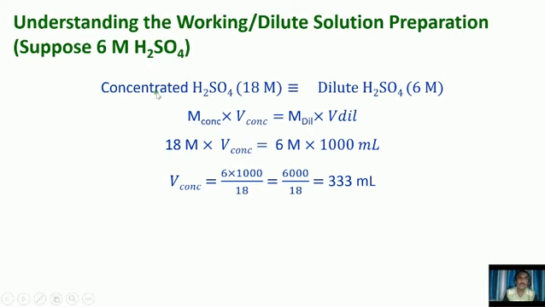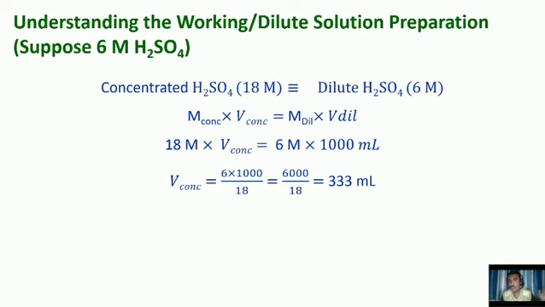On one side we have taken parameters of concentrated H2SO4, on the other side we have taken parameters of dilute H2SO4. The required concentration we have mentioned here, that we are going to prepare 6 molar H2SO4. After computing we can calculate that the volume of concentrated H2SO4 we have to take is 333 ml approx. This volume we have to dissolve in a small water volume,